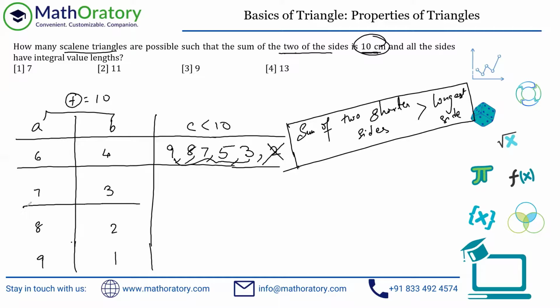Okay, let's move on. If I consider 7 and 3, in this case again 7 plus 3 is obviously 10, so c has to be less than 10. Start with 9 again. 9 is acceptable anyhow. 8 is also acceptable. Once you go to 6, start checking this, because now suddenly 7 has become the longest side, right? So 3 plus 6 is greater than 7, so 6 is acceptable. 5 is also acceptable. 3 plus 5 is greater than 7, so this is fine.